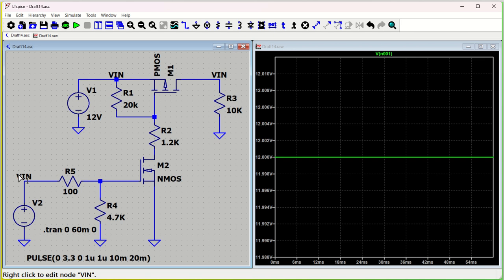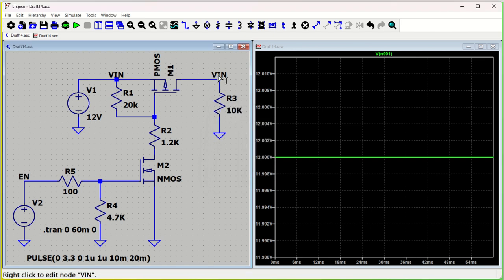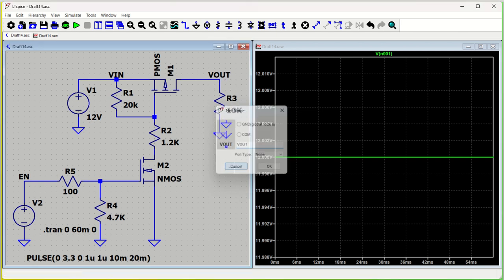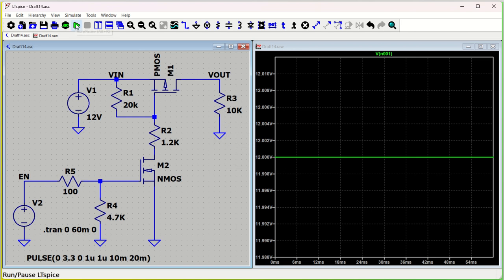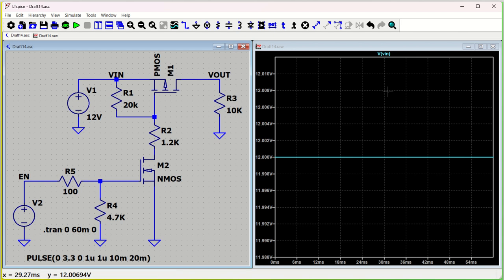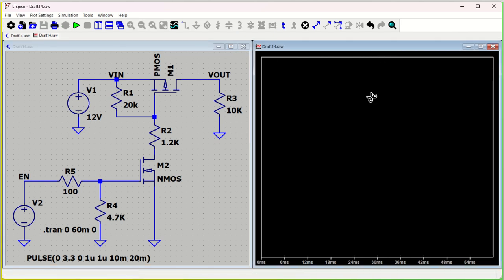Okay, so I'll just rename them by right clicking. This is my enable, and here also right click, and this will be my V out. So this is how you can change the net names directly, by keeping the cursor on the net and right clicking it. Let's rerun that. Let us delete this. Now what we will do is